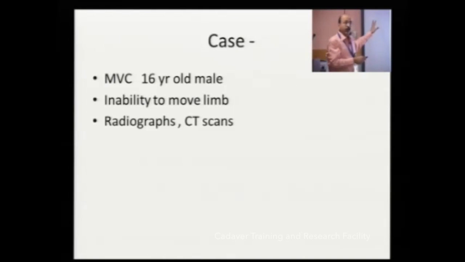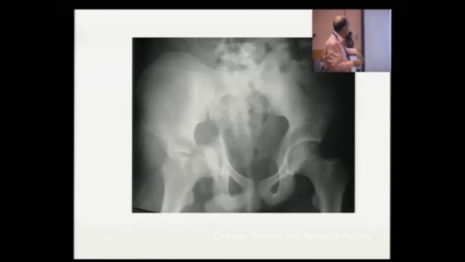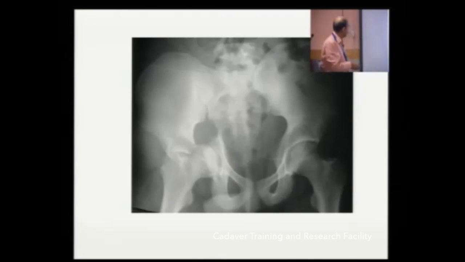This is a case of a 16-year-old with inability to move, and this is his X-ray. So now I think we should be going fast over it. Go in a sequential manner, and what we find is... anybody of you can say, where is that pointer? Okay, yeah, just you can give it.